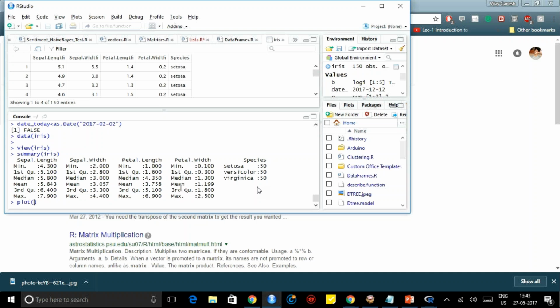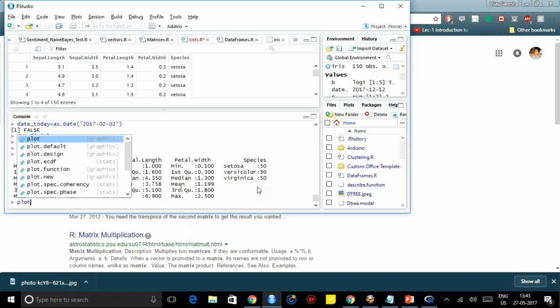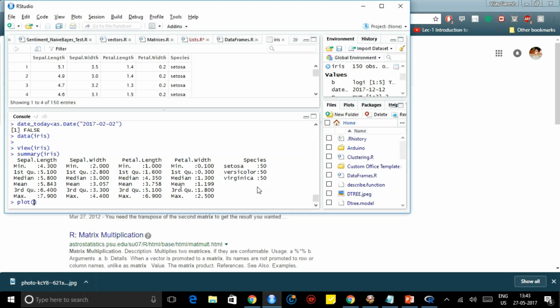Plot. I'll show you the really basic, most basic plot, okay? Okay, see here. This is the iris data set, right?